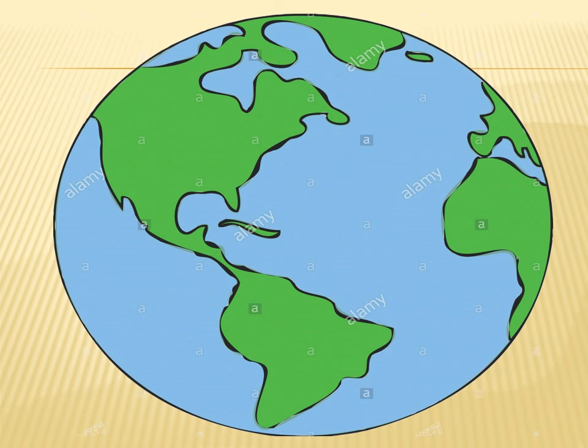Okay, before starting our reading session, I will tell you some important facts about our earth. Earth is a planet where we all live, okay? You can see in this picture it is a round shape of earth, but the real shape of earth is not exactly round. It's a little bit pressed from the center point. You can see an orange. It is exactly the shape of an orange, so it is not exact round.